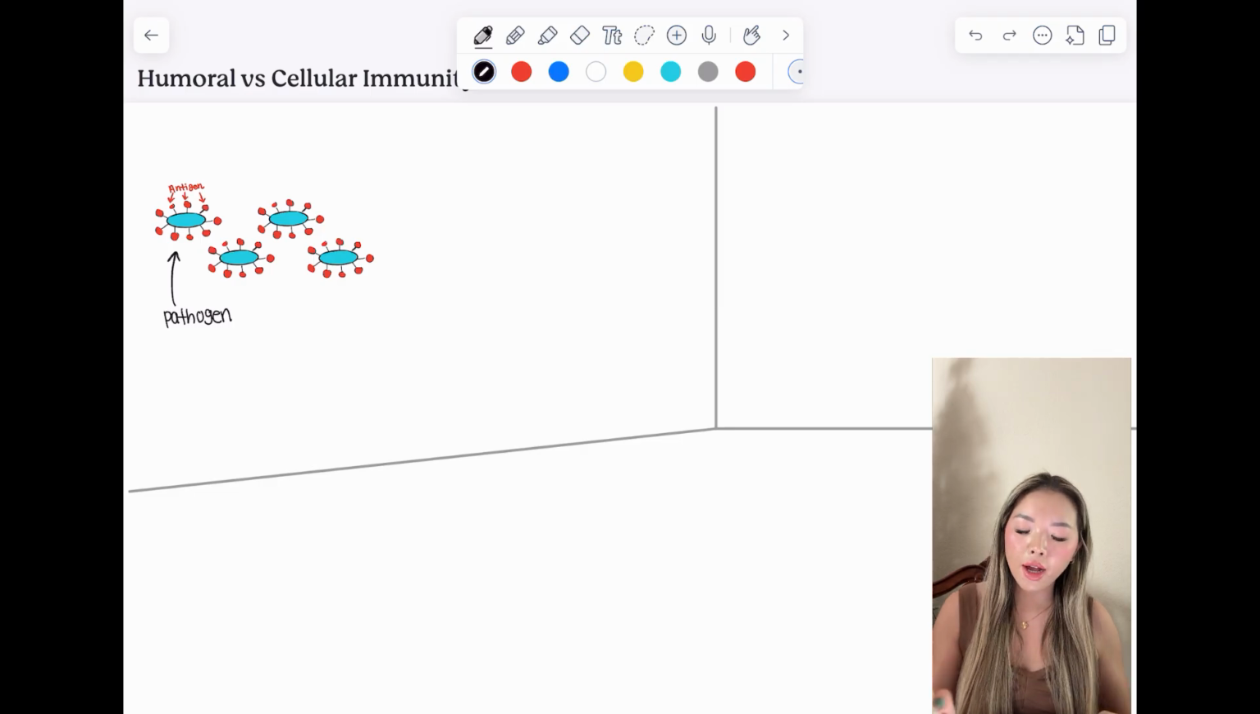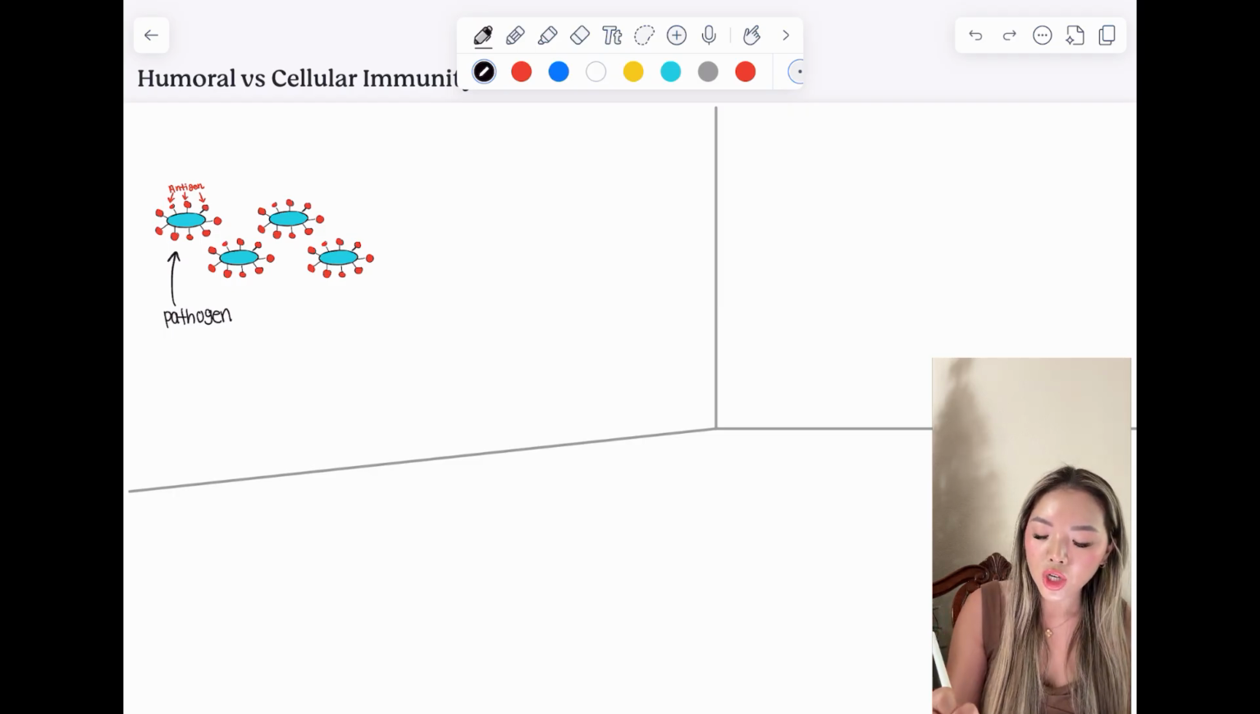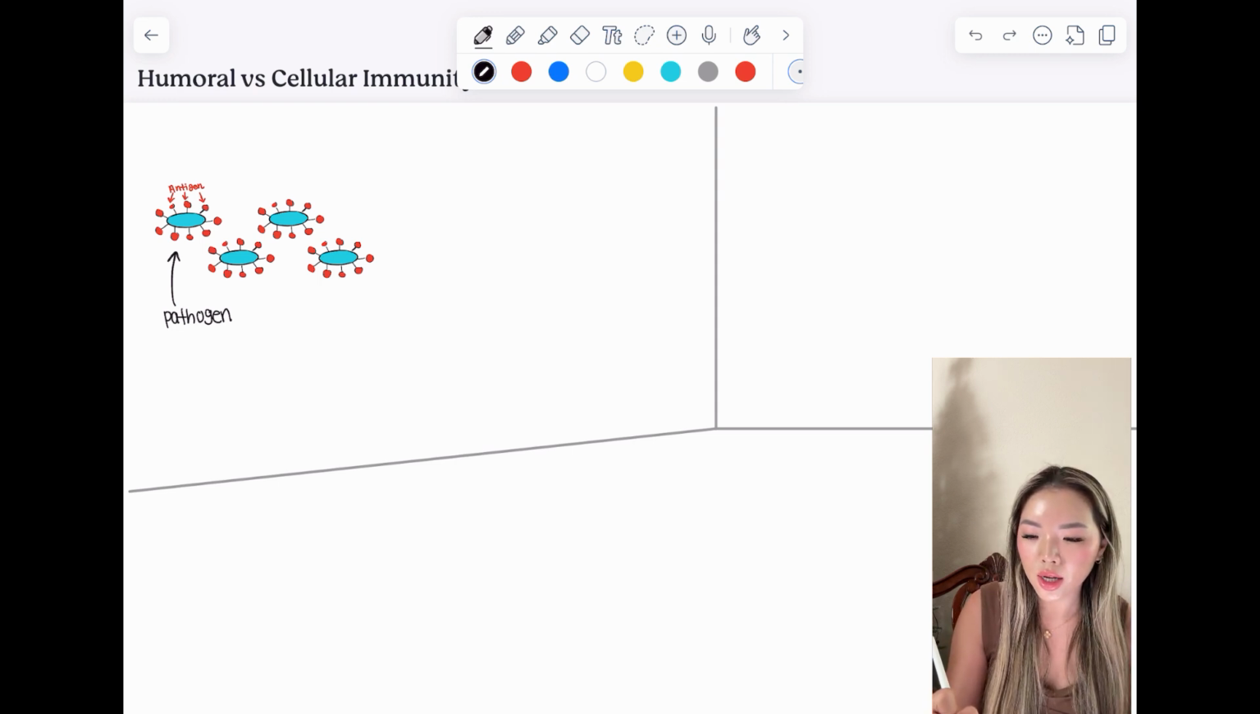So right here I have a pathogen, and this pathogen is drawn in blue. Off of those pathogens I have small little red dots, and those are called antigens. So the point of immunity is for the body to recognize these new pathogens so then they can learn how to fight it off. Generally, when a virus or a bacteria is introduced, there is a